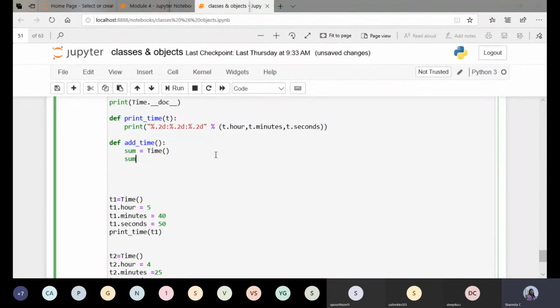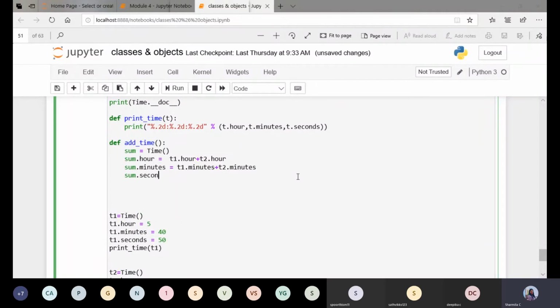So I'll create sum.hour, which is an instance attribute of sum, equal to t1.hour plus t2.hour. Then sum.minutes equals t1.minutes plus t2.minutes. Then sum.seconds equals t1.seconds plus t2.seconds.